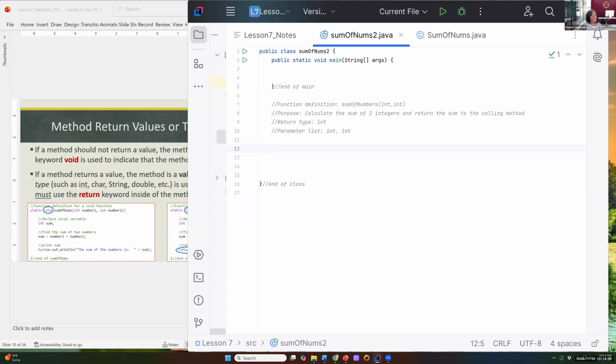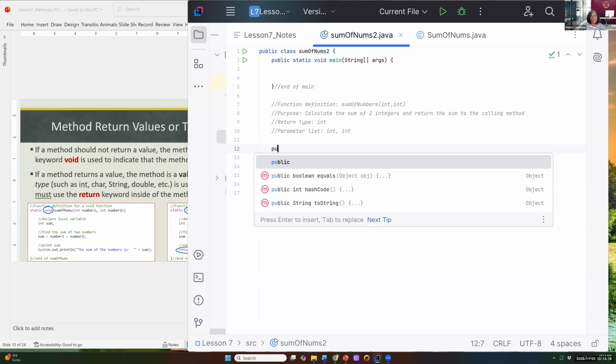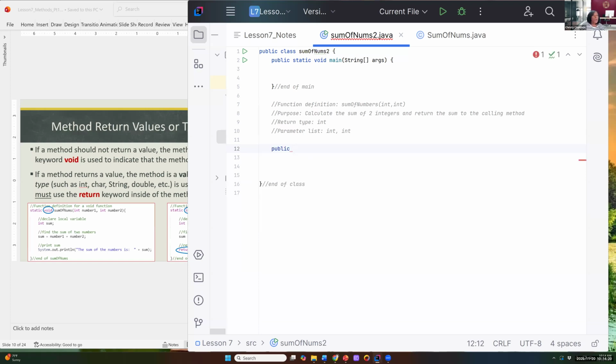Okay, so now let's write the function definition. What are we starting out with? The modifier. We always start off with the modifier, so public. Now, public is optional. You don't have to say public, but we do have to say static. Public is optional given this example, but we definitely have to say static, because if we don't say static,